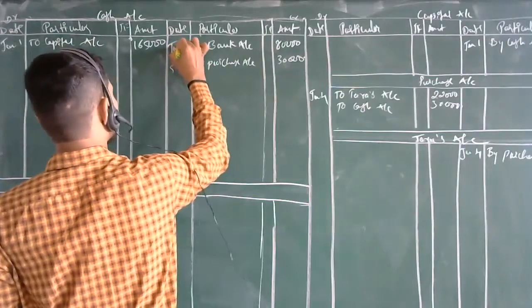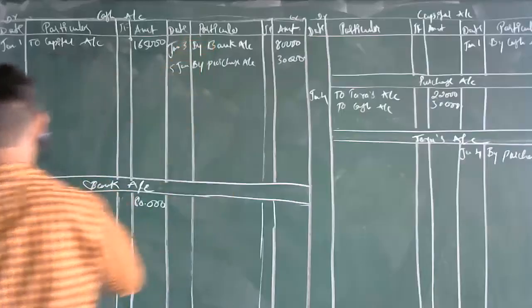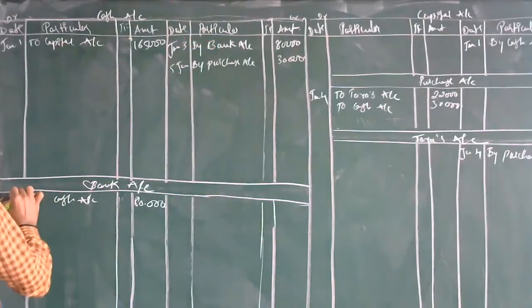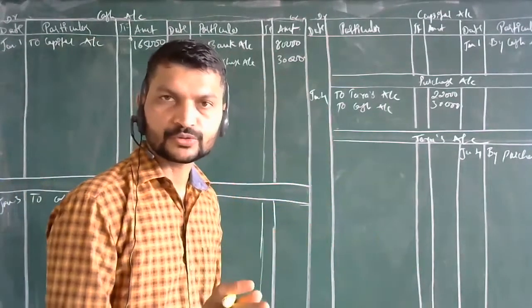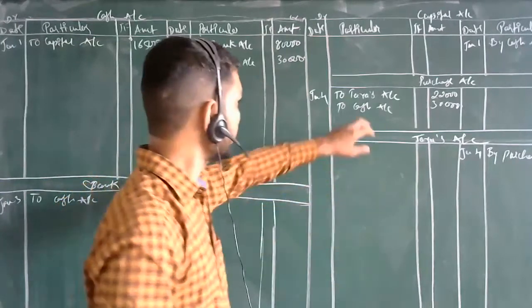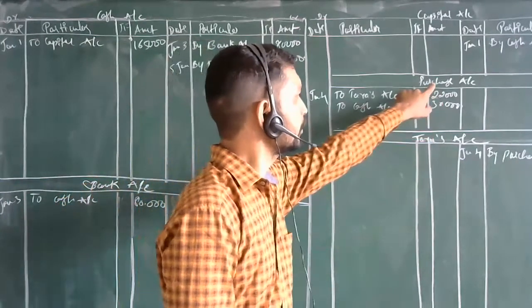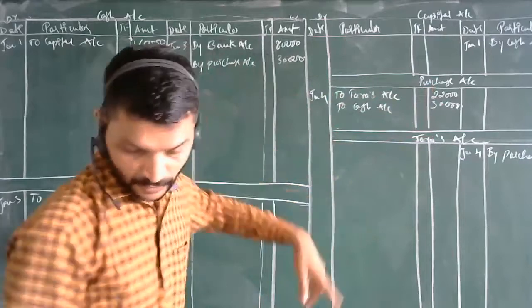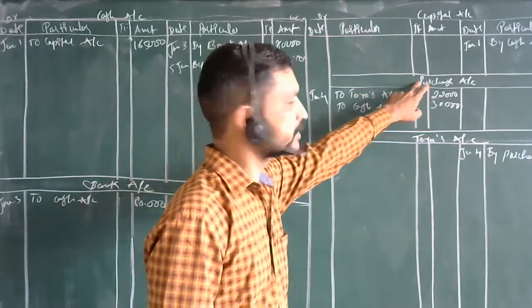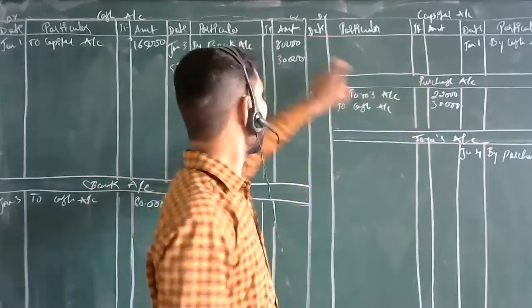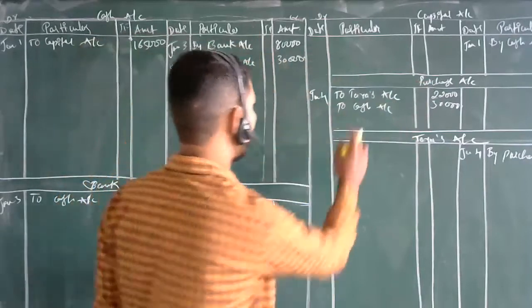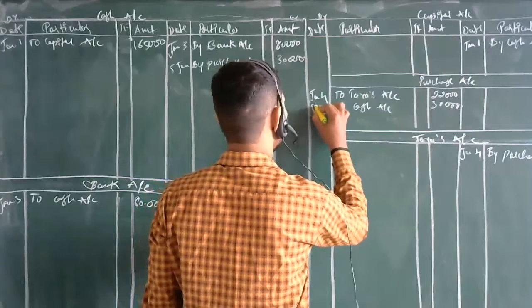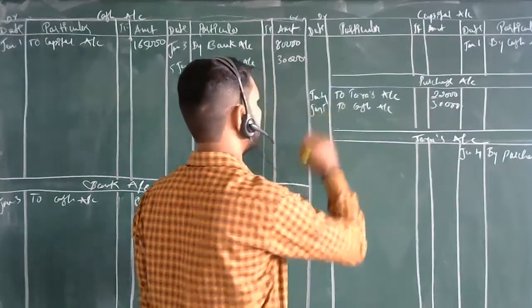January 3rd. So in this way, two accounts got affected. You have purchased goods for cash. How many rupees? 30,000. So purchase account is always debited. See, purchase account debited to cash account means the cash account is credited. This is the purchase account. Remember the things. This is January 5th, when you made the transaction.